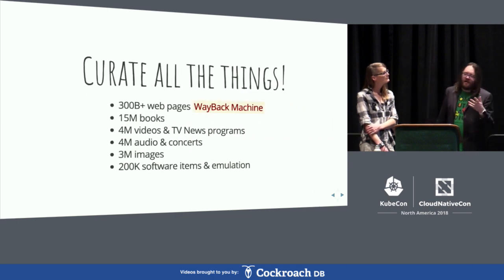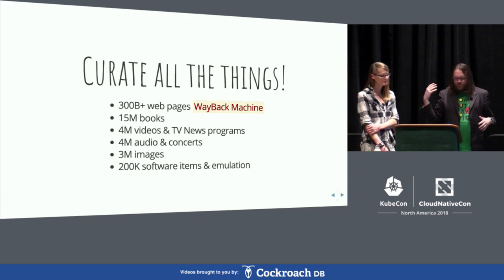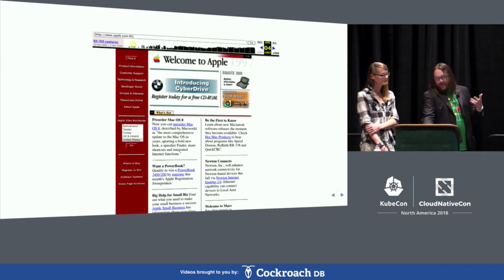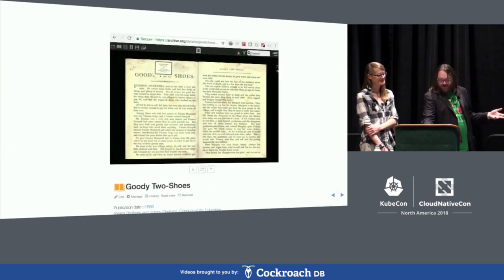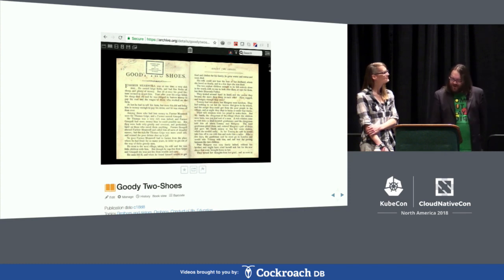So we're most famous for the Wayback Machine, which is the thing that shows you any web page from the last 22 plus years. But the Wayback Machine itself operates on this platform that contains books, videos, audio, and whatnot. Here we have the Apple website from 1997, but we also scan books. This one's from 1888. We have book scanners and little applications that have been developed more recently to just crank that workload.